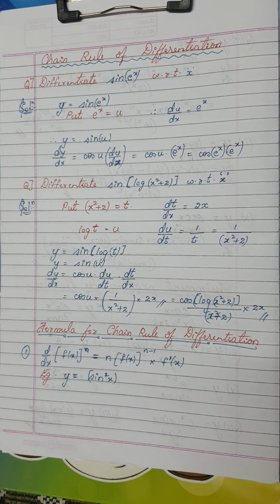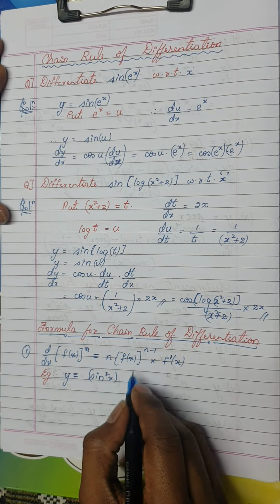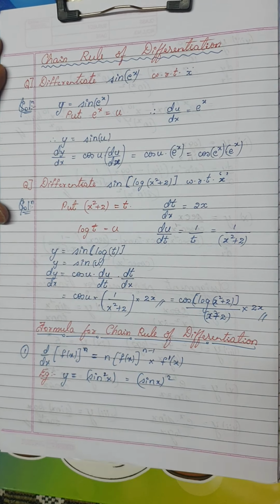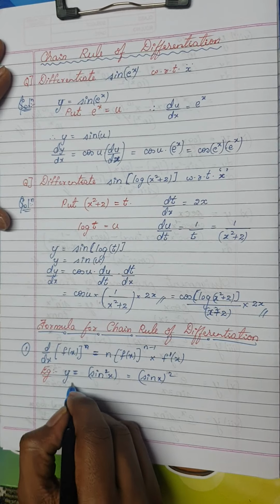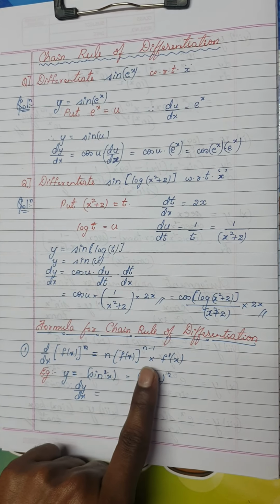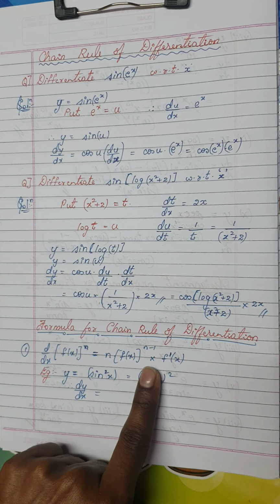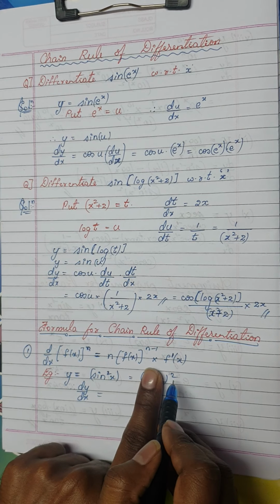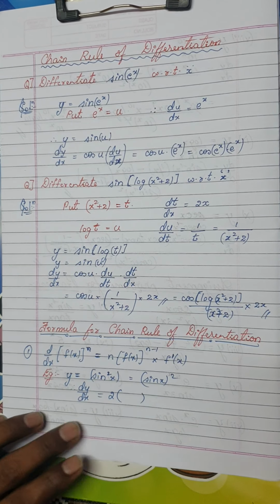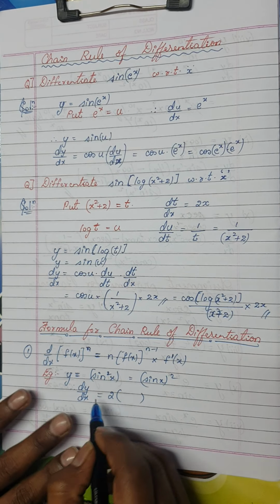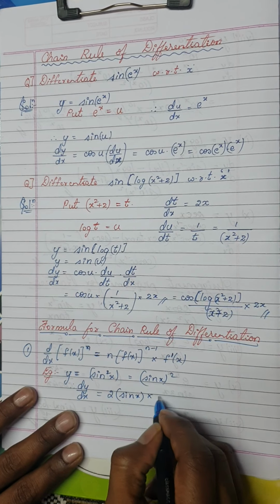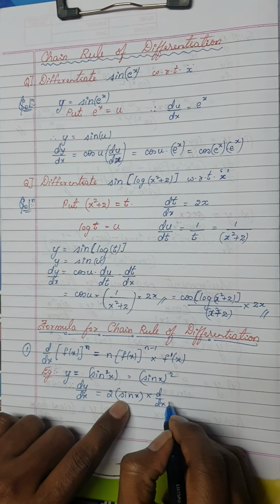Okay, consider an example here. I have y is equal to sine square x. Remember, this can be written as sine x whole square. Now therefore dy by dx is nothing but, consider this as f of x. So this is something of the form x square. What is the derivative of x square? 2 times x. So the derivative of f of x square is 2 times f of x, so f of x is this function into, differentiate this function once.